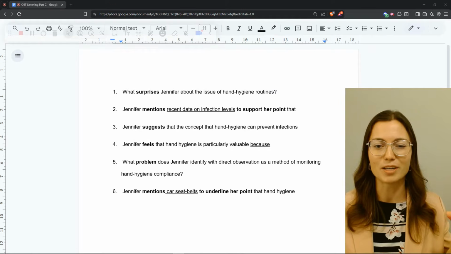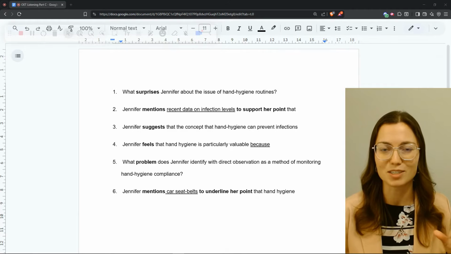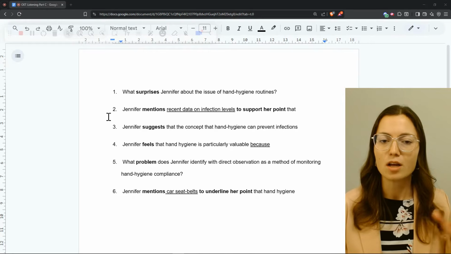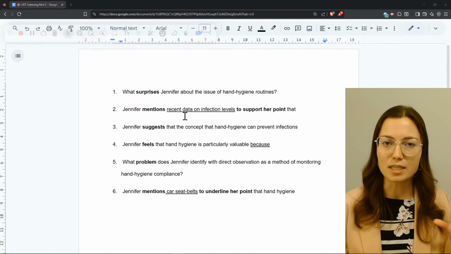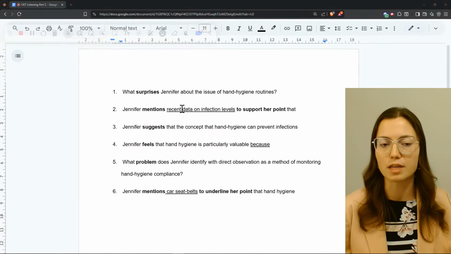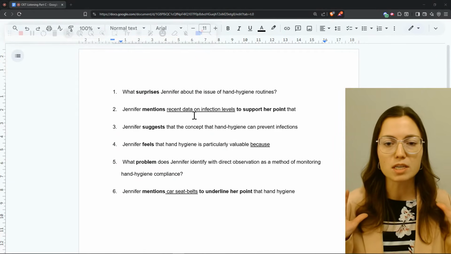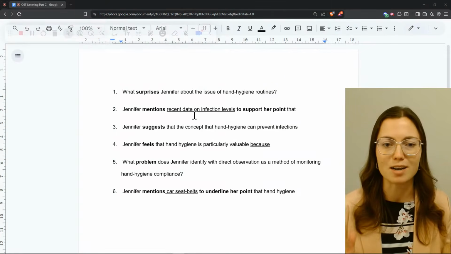Okay, notice that pause. Laziness, little pause, stopping the spread. That's your transition marker to your next question. Okay, notice with the data question, first of all, we heard her say "data," so that's how we know we're on to that question too. And she gives us lots of different statistics and numbers.